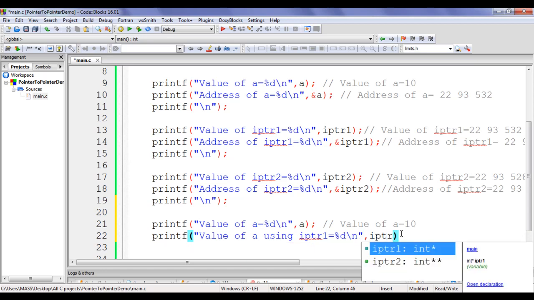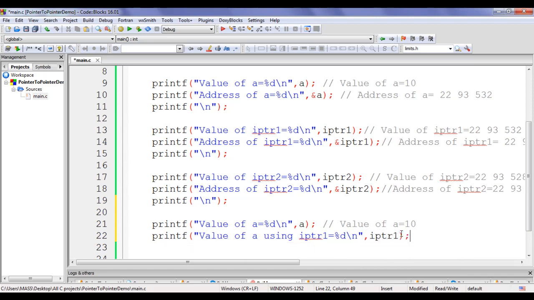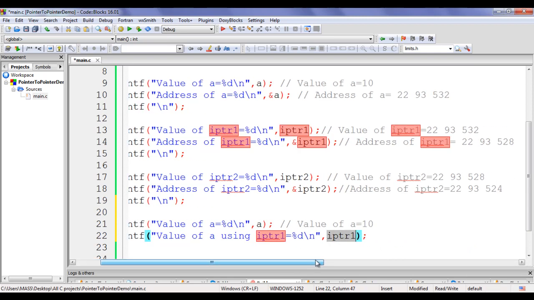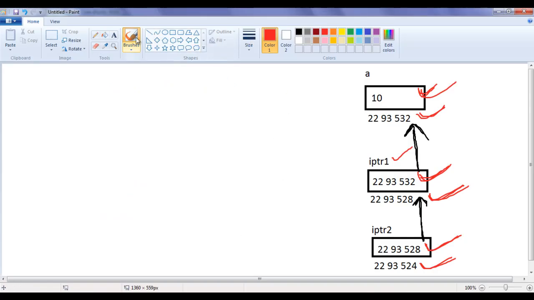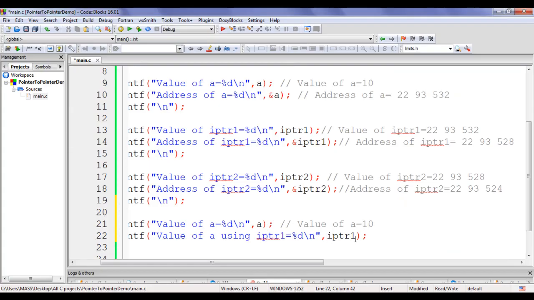If I say iptr1, it indicates value of iptr1. Value of iptr1 is 2293532. I don't want to display value of iptr1. I want to display value at which iptr1 is pointing, and value at which iptr1 is pointing is 10, right? So to indicate value at, we prefix with star symbol. Star indicates value at. Value at which iptr1 is pointing.